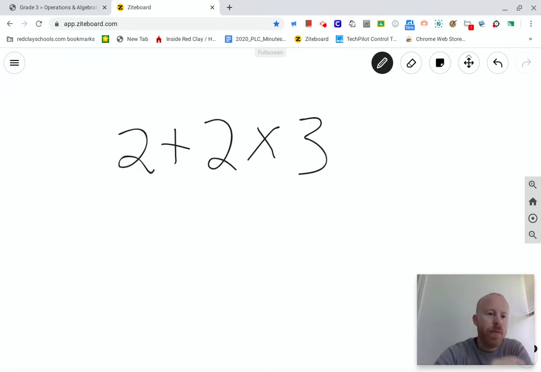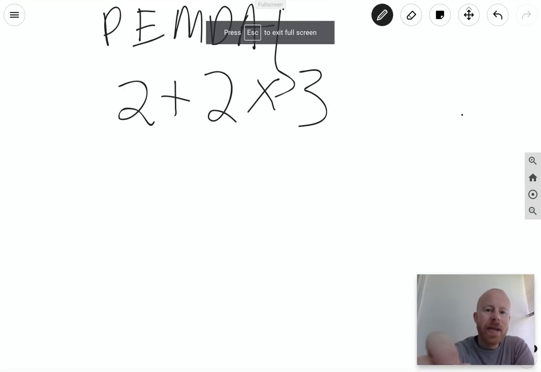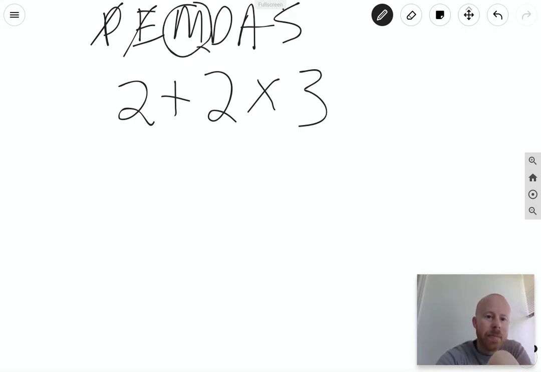Okay? Now, with PEMDAS, we can just look at it and decide, well, there's no parentheses yet, so I don't have to worry about that. There's no exponents, so I don't have to worry about that. There is a multiplication, so therefore, my multiplication would come first. So I do not do 2 plus 2 first. All right? I would do 2 times 3 first, which is a little different than you would be used to. So instead of doing 2 plus 2 first, because most people go left to right, I would actually do